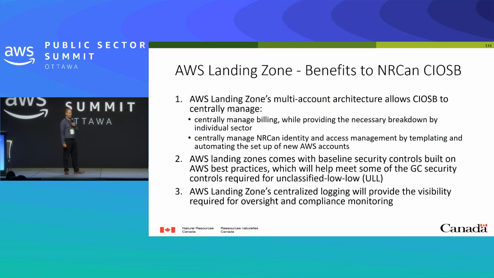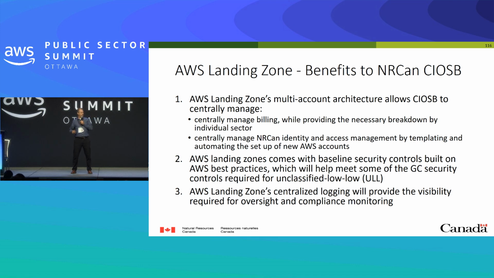Right, so then the benefits that we've seen specifically within the landing zone at NRCan, as Ryan sort of touched on, is the idea of this multi-account architecture. It's allowed us to centrally manage all kinds of stuff, most prominently billing, with all the sectors making use of AWS and getting all kinds of accounts that we're provisioning for them. We have sort of this one-stop shop where we can see across the board people's usage, the billing, and a breakdown by each sector so that we can recover costs from them. So one centralized place for that.